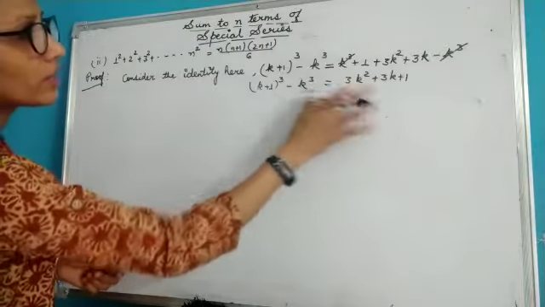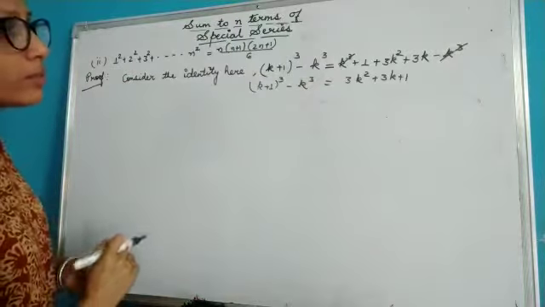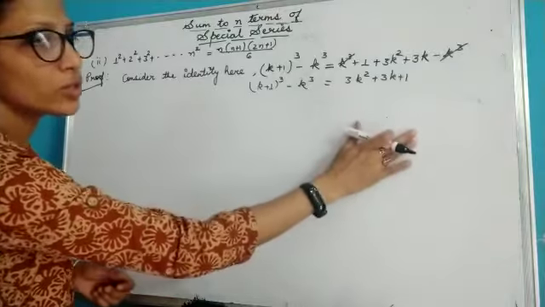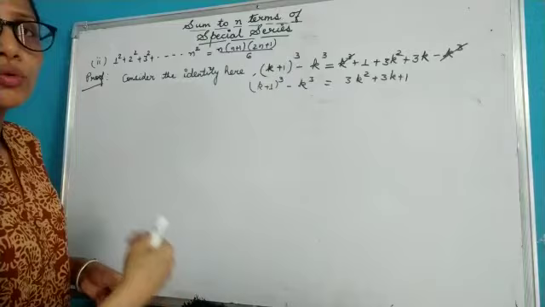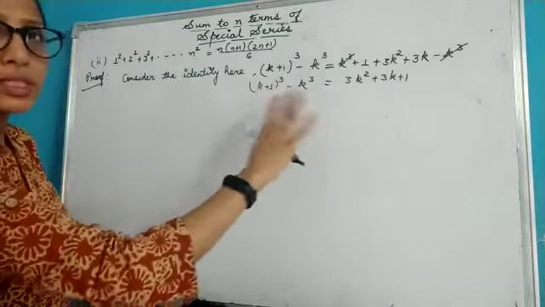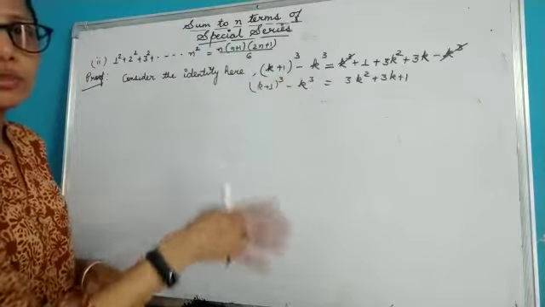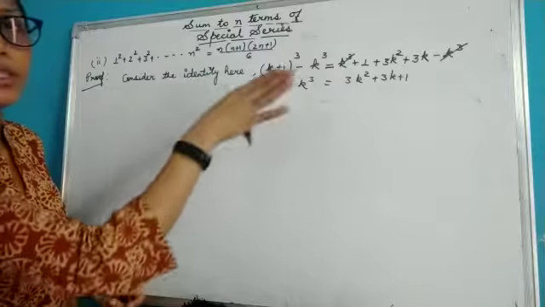So here after expansion I have got this term. This is your left hand side and this is your right hand side. I will be putting k equal to 1, 2, 3, 4 up till n on both these sides, and then I will add the left hand side and right hand side.